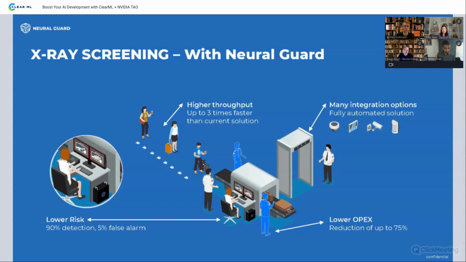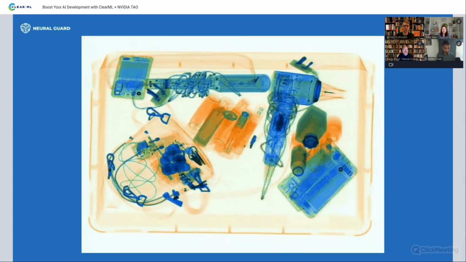Just so we know what the data set looks like, this is an X-ray image. This is your tray, the tray that you pass through the X-ray scanner. We can see a cell phone here, actually a couple of cell phones, some aerosols, maybe a hairdryer. So this is the image. This is the data set, obviously very different from COCO or ImageNet of cats and dogs and cows, etc.